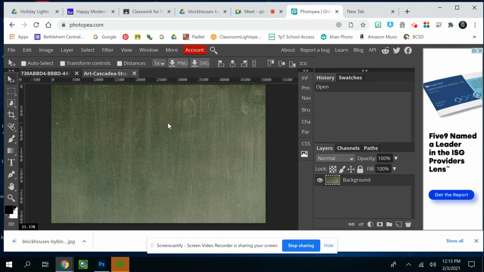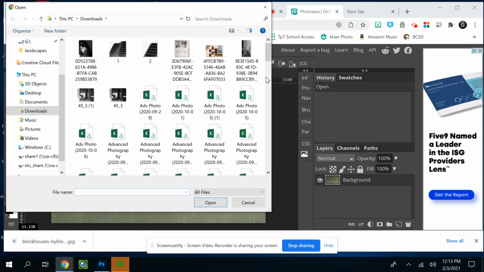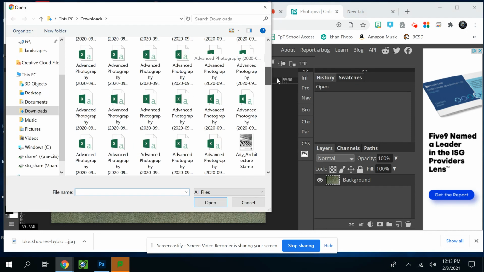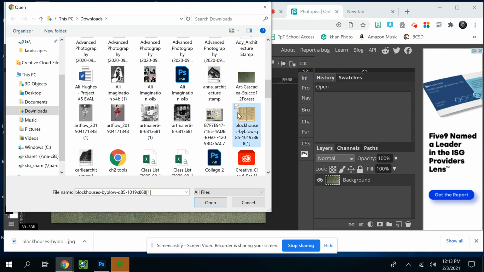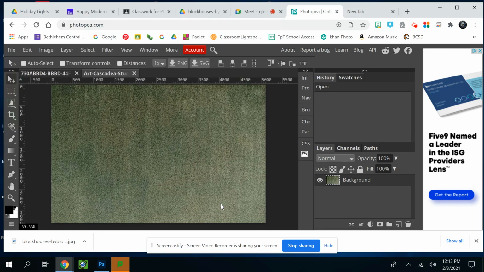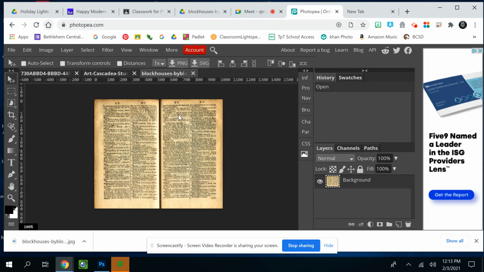Okay, so here's my texture. Actually, I also want to try the one here from the book. Alrighty, so